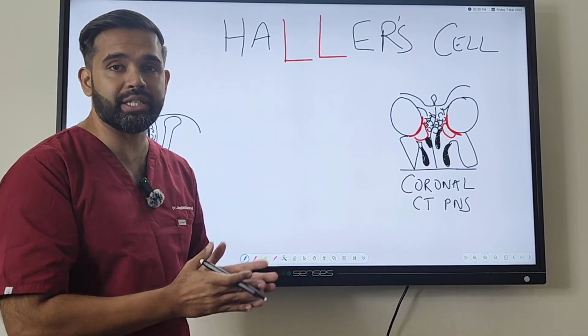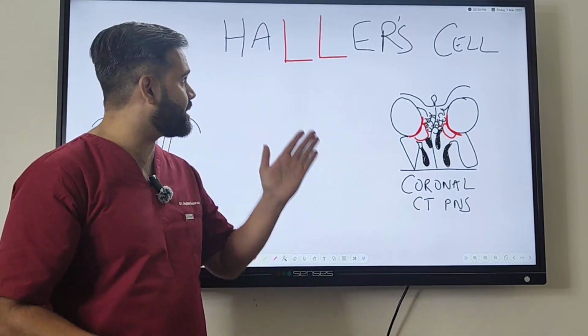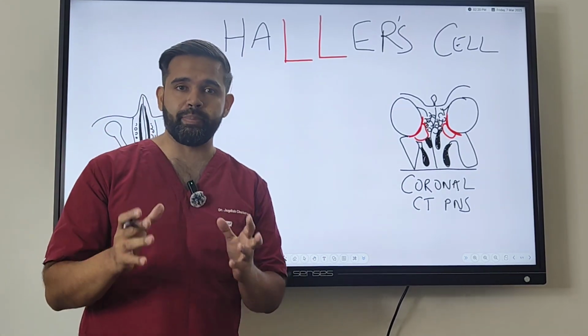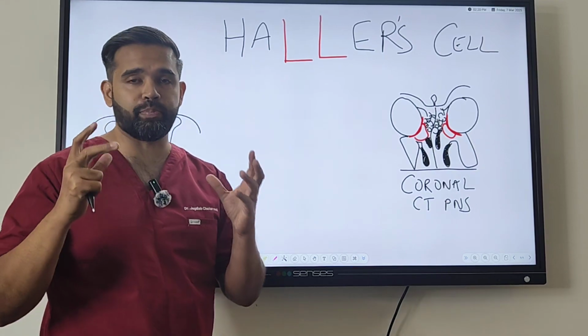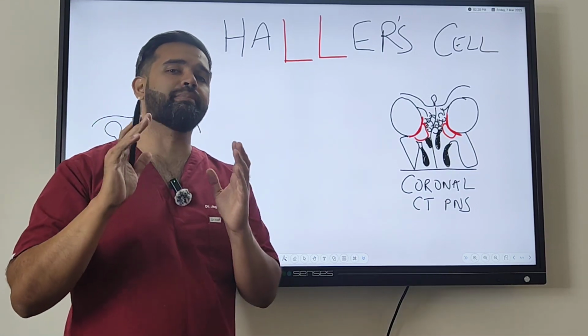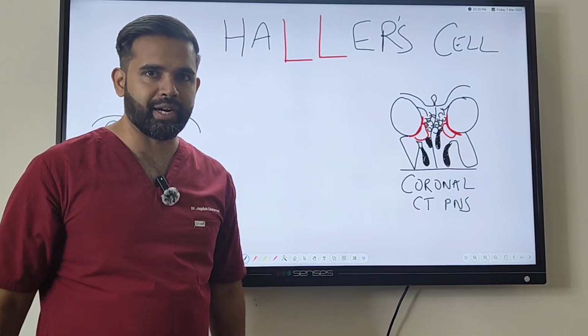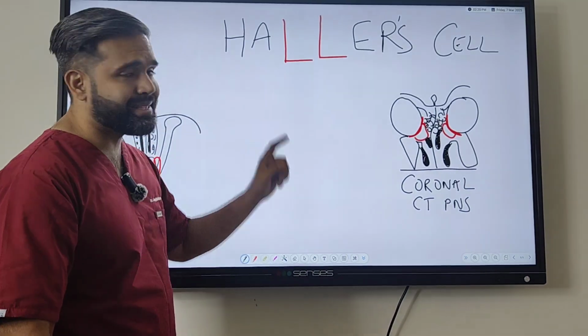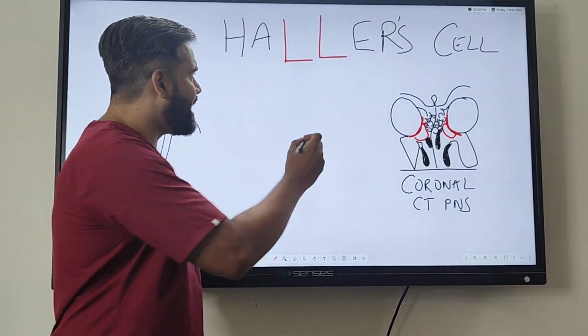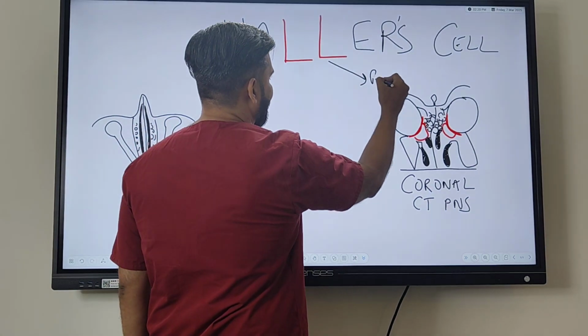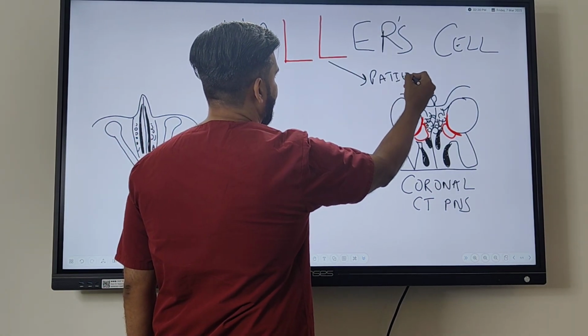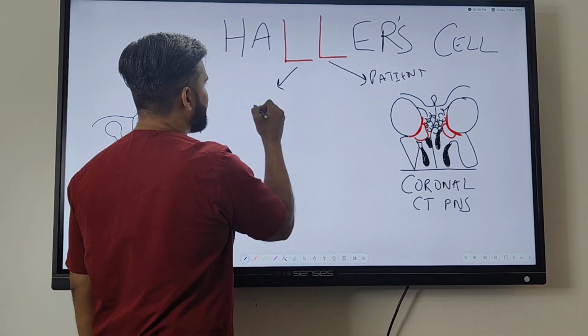अब conceptually तो teach करना मुश्किल है क्योंकि concept ही नहीं है. It is based on the name of certain people. But Haller cell, I can explain to you with a trick that you will remember without much difficulty. So सबसे पहले समझना है, Haller cell में दो L लगते हैं. एक L लगता है पेशेंट का और दूसरा L लगता है डॉक्टर का.